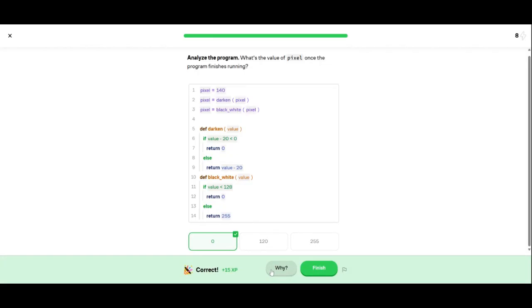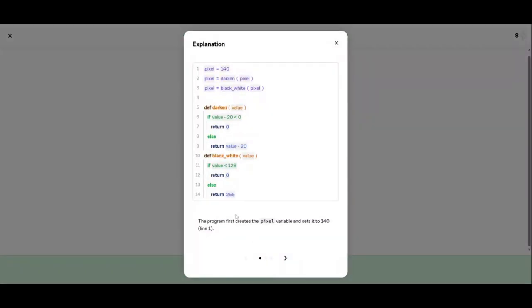Let's click on Y, shall we? Yes, the program initially creates the pixel variable, sets this to 140 as shown in line 1. Inputs pixel 140, darken function. 140 take away 20, so 120 is the new value of pixel, not 0. Finally, pixel 120, is it less than 128 or greater? Yes, less than 128, so it returns 0. So that becomes the new value of pixel on line 3, with line 12 executed, and line 3 is the